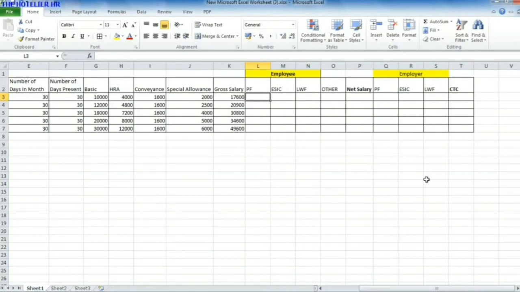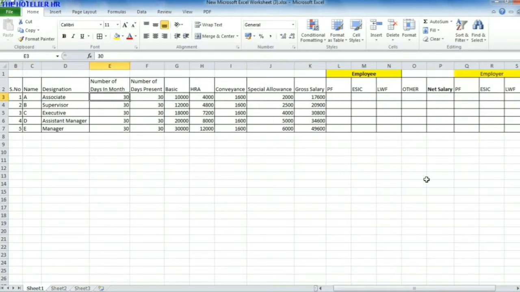So as you know, there are two parts of Provident Fund, the employee and the employer. We will start with the employee share of Provident Fund. The government has a capping of 15,000 rupees, and if the company wants to pay more they can, but here we will take 15,000 as the capping, and then we have a gross salary of 21,000 for the ESIC. So we will start with the PF.